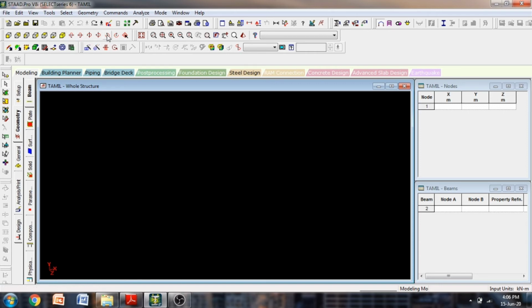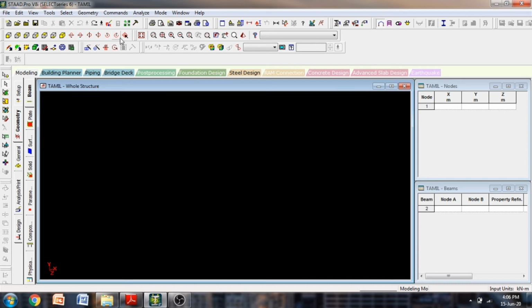Then this is used for rotating the structure while you design, just to rotate and see how your structure looks and how to assign things. This is used for rotating about a center point. You can click on this and define one point as the center. With that point as the center, you can rotate your structure through 360 degrees.